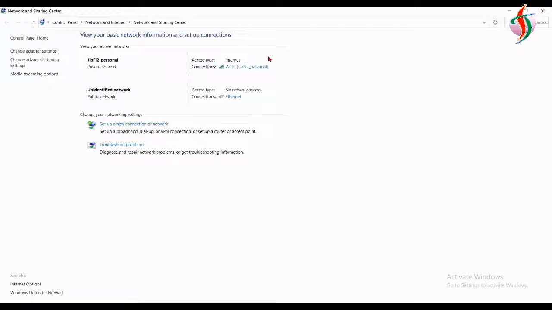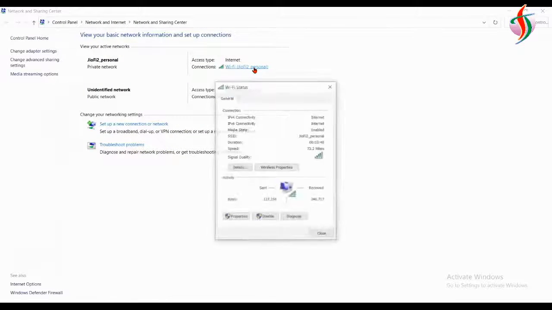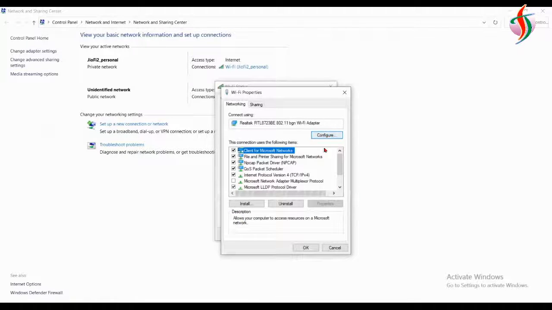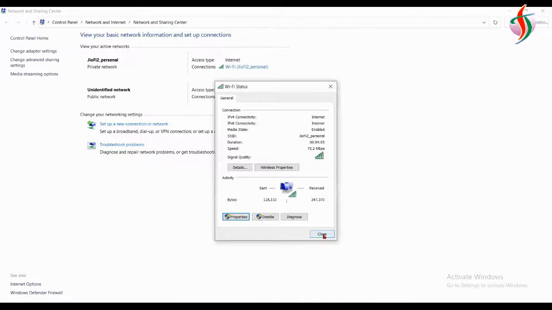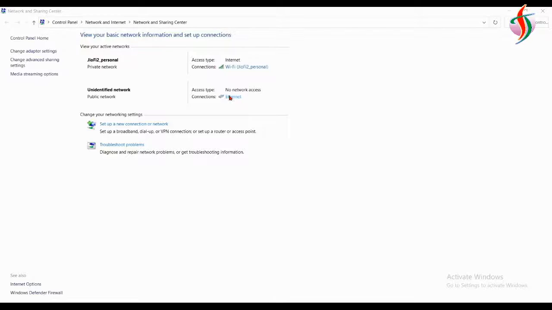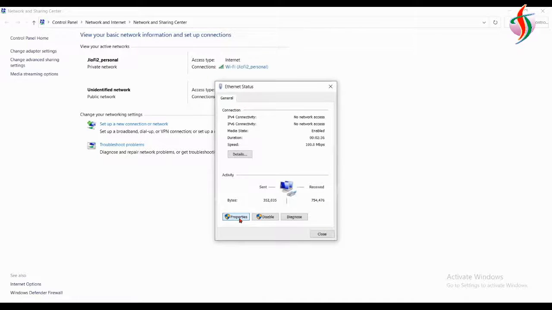I'm clicking on network sharing. There you will find the undefined network, that is the Raspberry Pi cable. So I have to assign one IP address for that. So I'll share the internet of my computer to the Raspberry Pi using the Wi-Fi property by sharing. So it will assign an IP address that is default